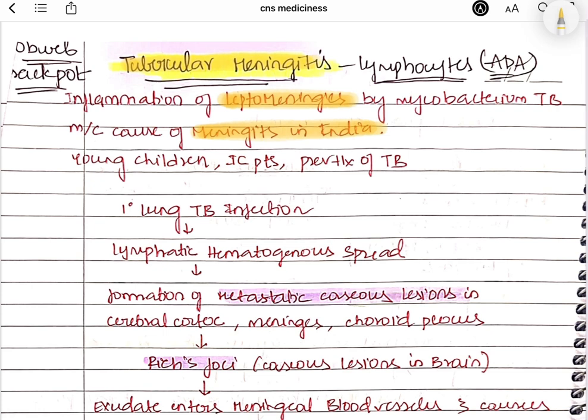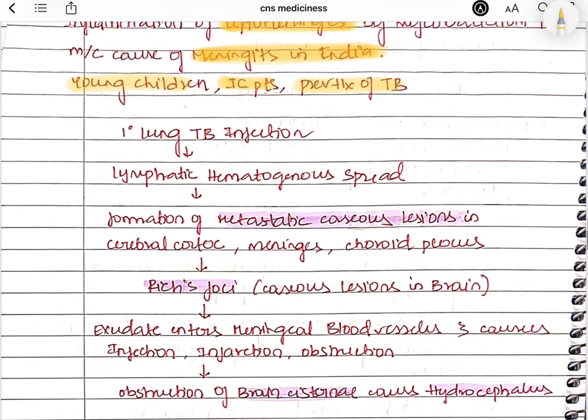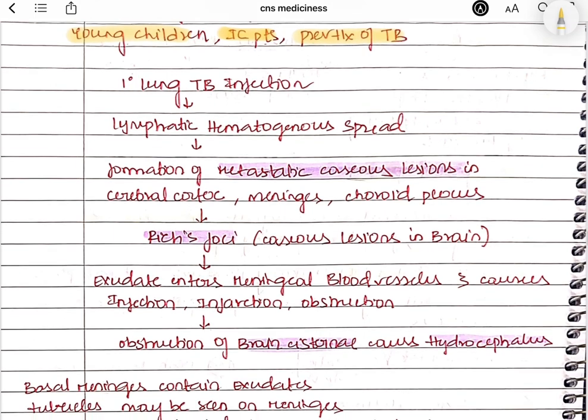The main role of BCG vaccine is prevention of TB complications like abdominal TB, disseminated TB, TB of bone, and TB meningitis. So if they are unvaccinated, they are more prone to primary infection as well as development of complications of TB, right? So unvaccinated young children, immunocompromised patients and those with previous history of TB are all affected by TB meningitis.